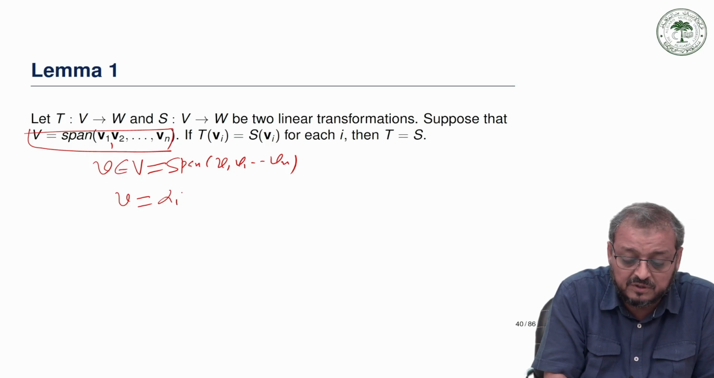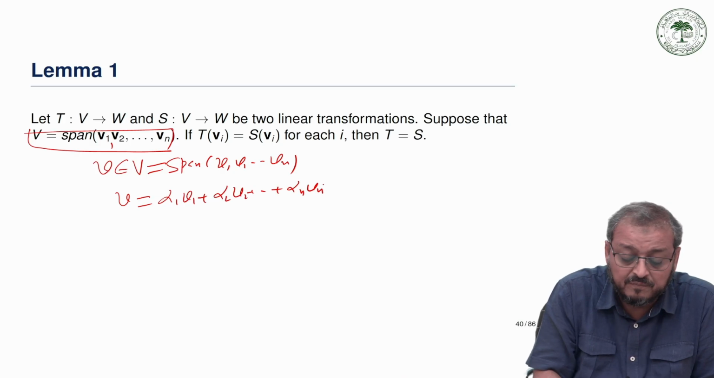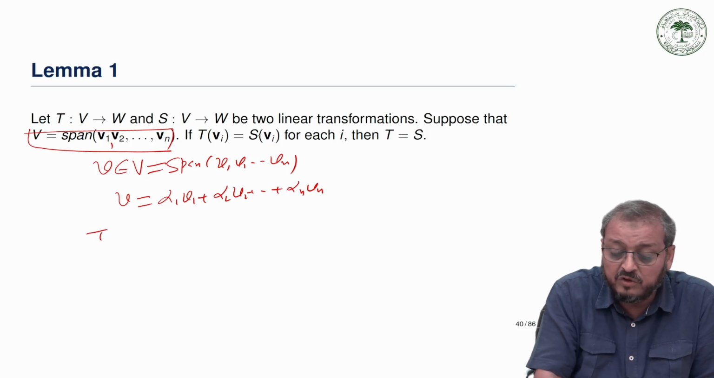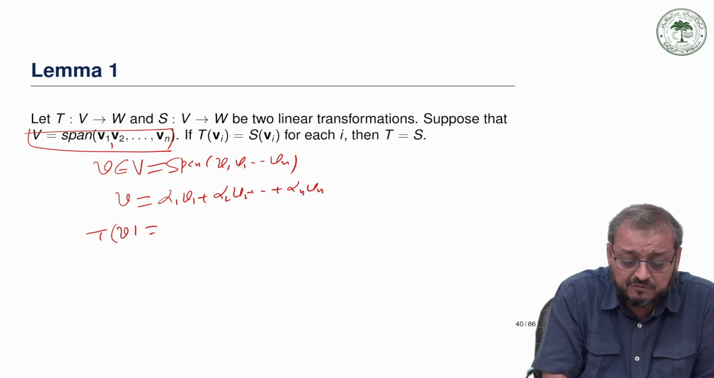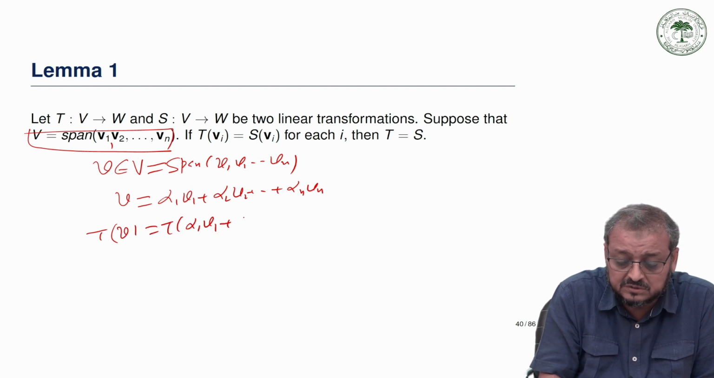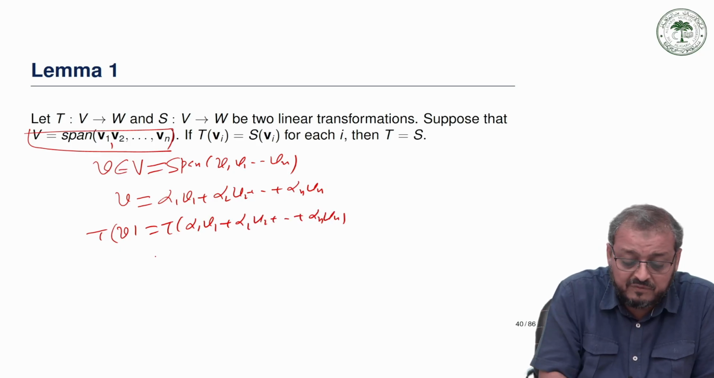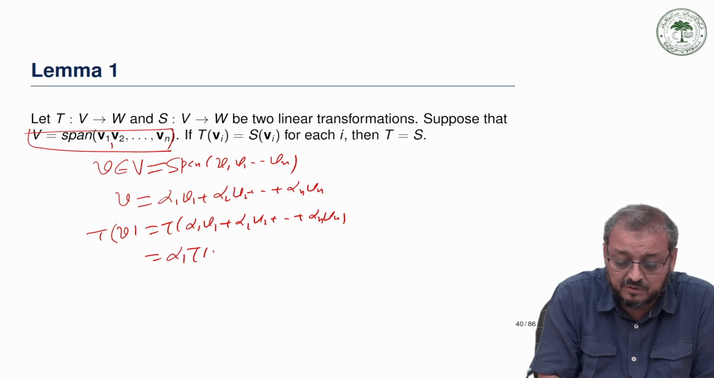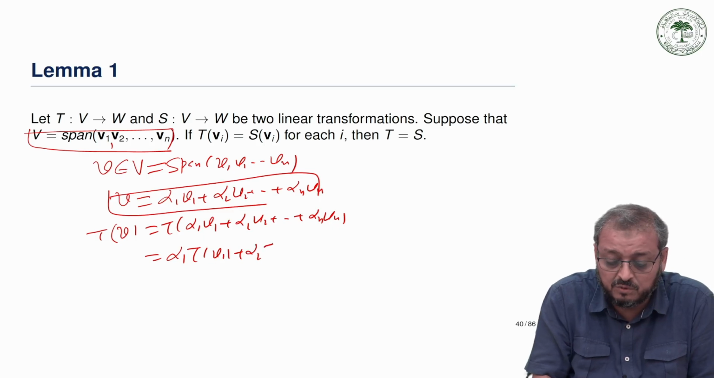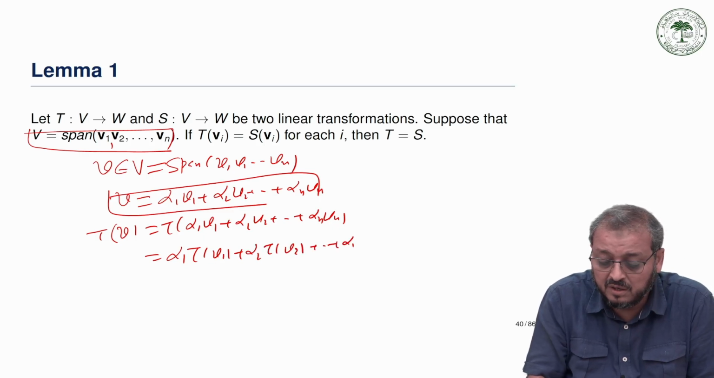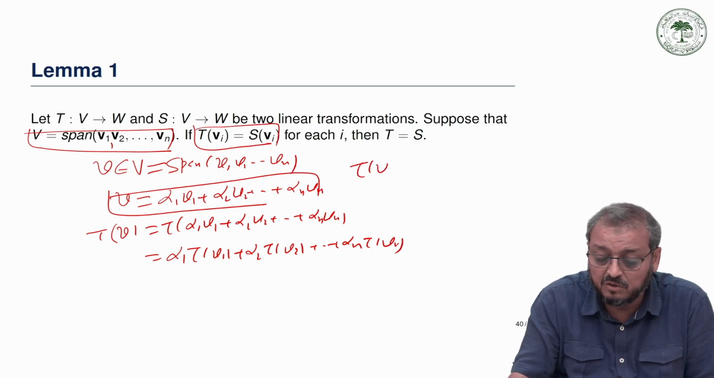So this can be written as alpha 1 V1 plus alpha 2 V2 and so on plus alpha n Vn, where T and S are the two linear transformations. So we can say that T of V can be written as T of alpha 1 V1 plus alpha 2 V2 plus so on plus alpha n Vn, and by the previous result this can be written as alpha 1 T of V1 plus alpha 2 T of V2 plus so on plus alpha n T of Vn,